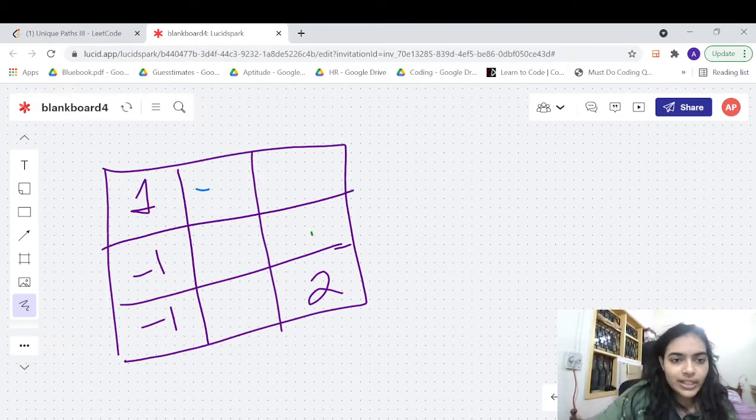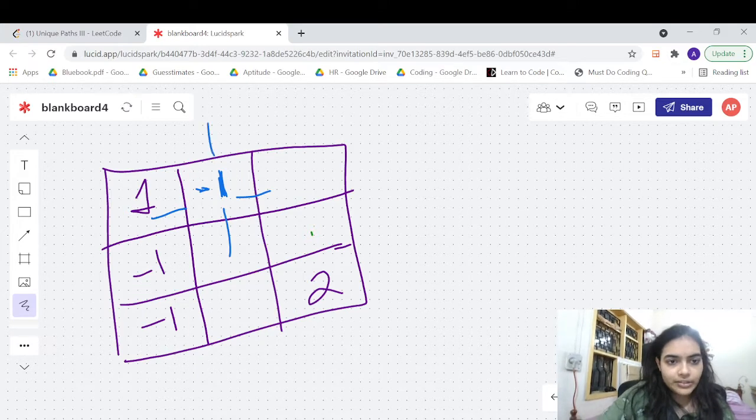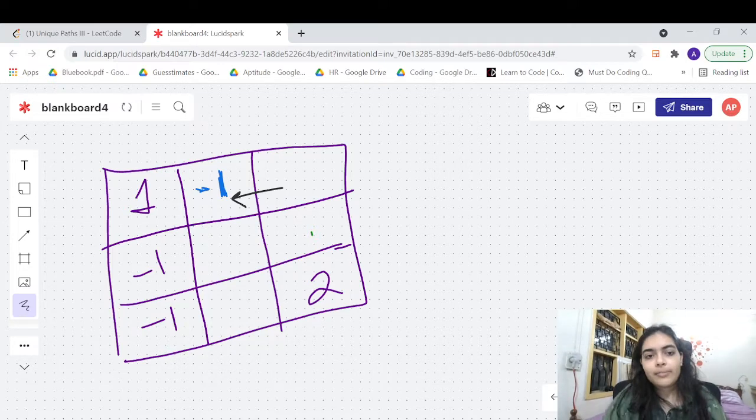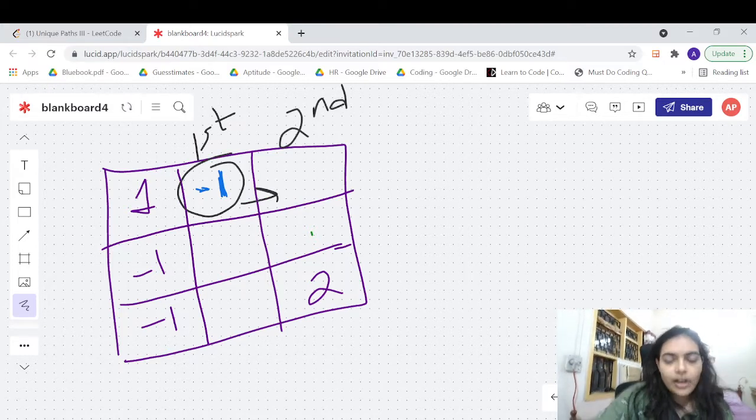Okay. Now when you come to this cell, let's say you visit this cell. You have visited this cell, so I'll make it -1. Now from this cell, how many possibilities are there? You have 4 possibilities, right? Let us think about this. So when we come to this cell, how many possibilities do you have? See, from this cell, you know that you are never going to visit the parent cell because that parent cell made a call to you. See, this cell called this cell. The first cell called the second cell. This is the first cell and this is the second cell. So first cell is making a call to the second cell.